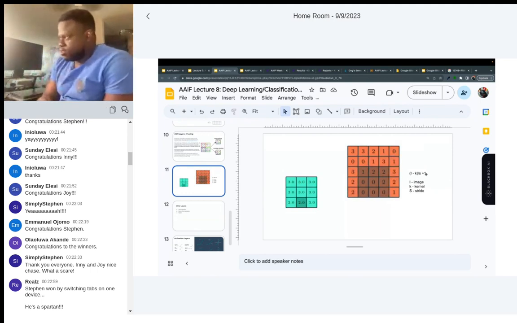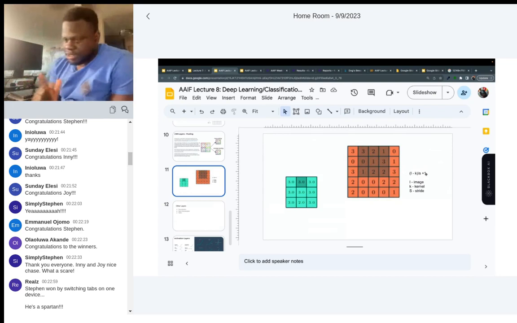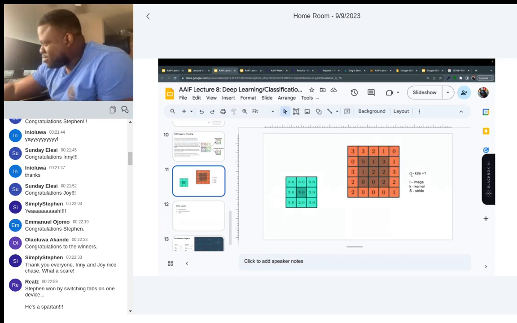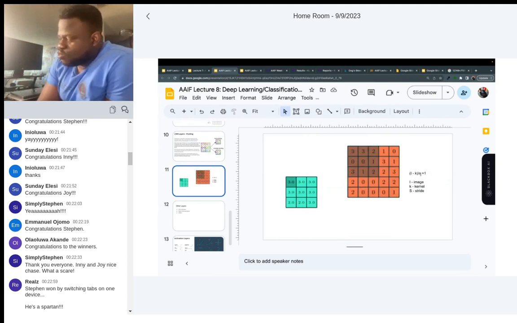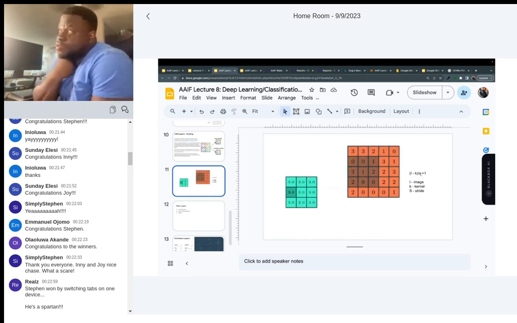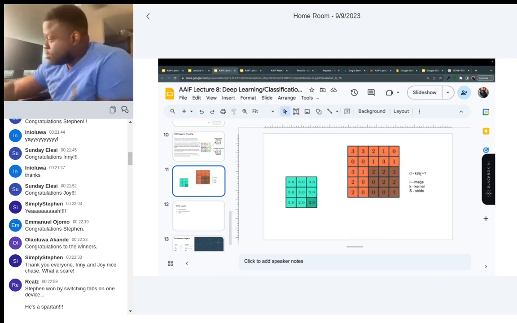We'll discuss that later, because we are 45 minutes in. So we discussed this is I minus k over s plus 1. Why it's important is that these little metrics will make you stand out. I'm telling you that many machine learning engineers do not know the meaning or significance of these mathematics.